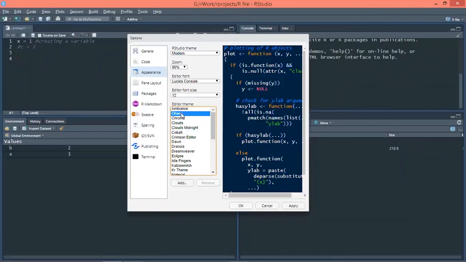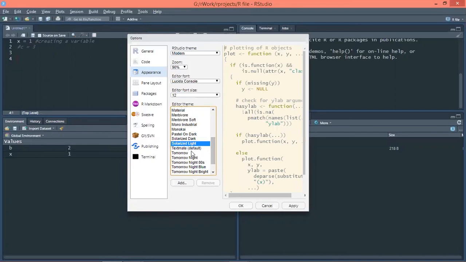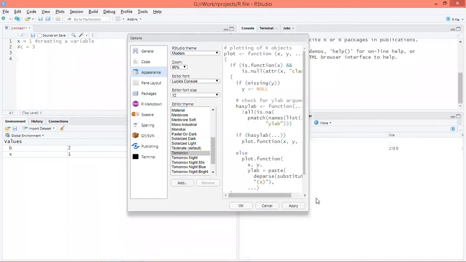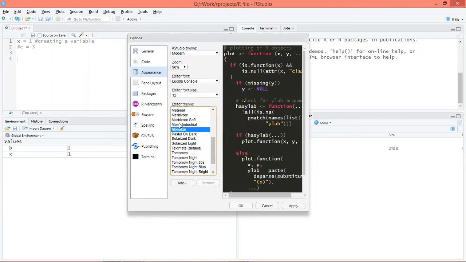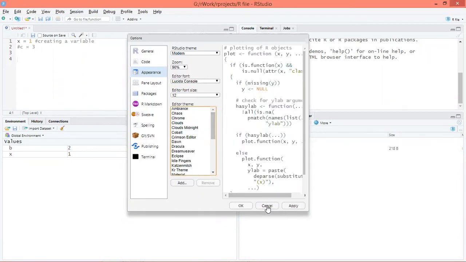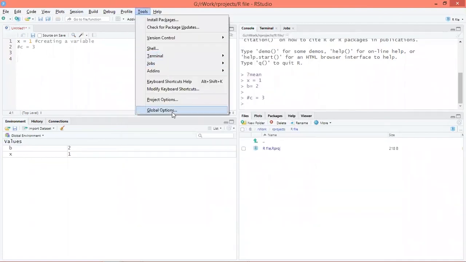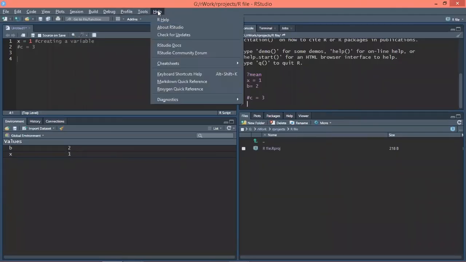If you want a white background, you can use this kind of layout wherein your background is white. If I apply this, you can see all of my layout has been changed to white. Let me select my previous one. So I'm not applying this layout.